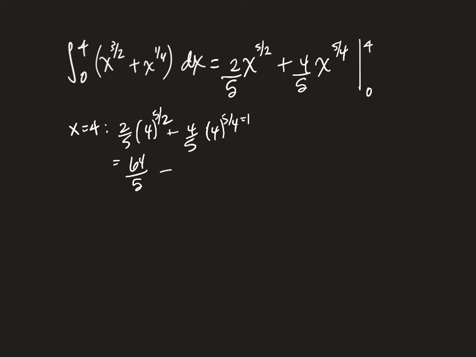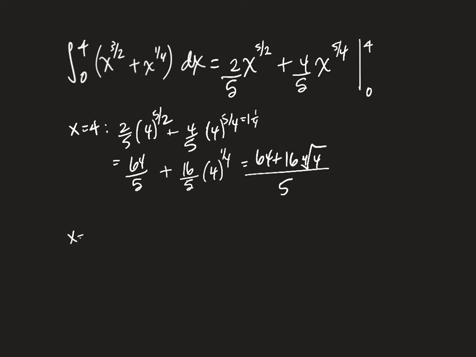Or this is 4 to the 1 and 1/4. So we've got a 4, so that'll be 16/5 times, we've got 1 four left behind, 4 to the 1/4. So this is 64 plus 16 times the 4th root of 4, all over 5.